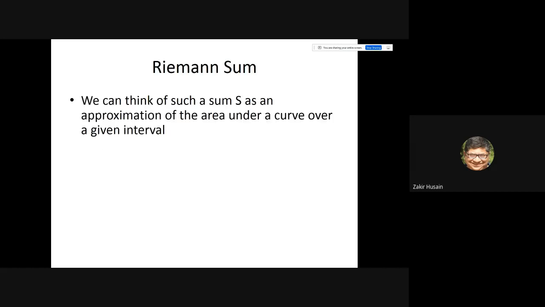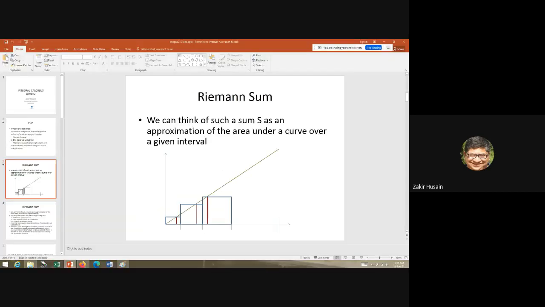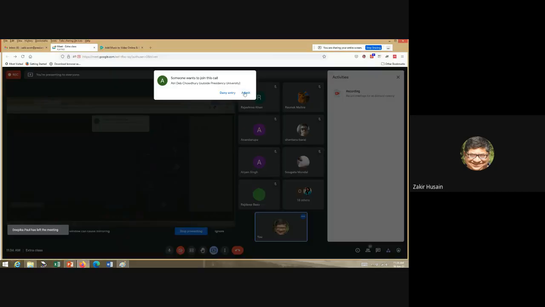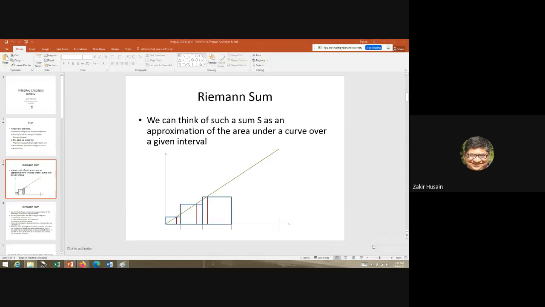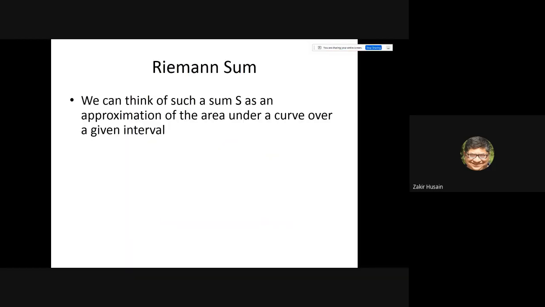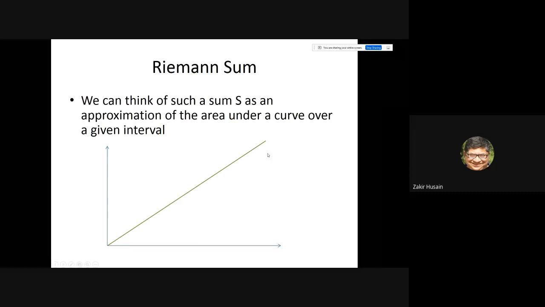Now, as we had discussed in the last class, we can think of a sum S as an approximation of the area under curve over a given interval. So we have a function which gives this green curve or line, and we want to find out the area under this function from 0 to this point. So we can divide this up into different